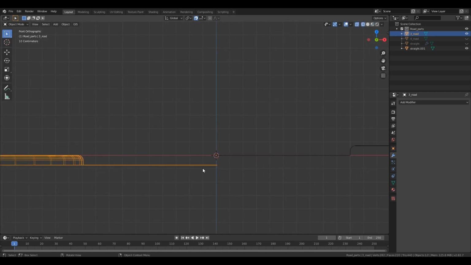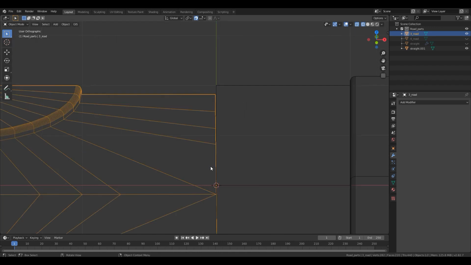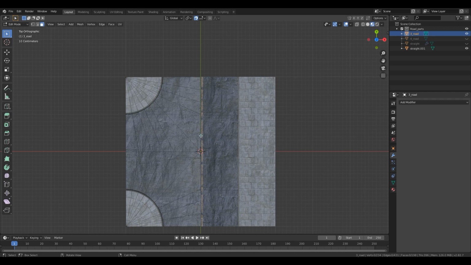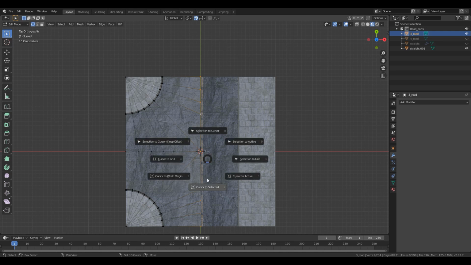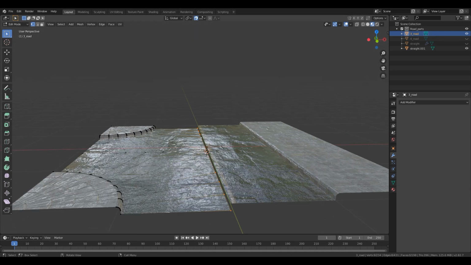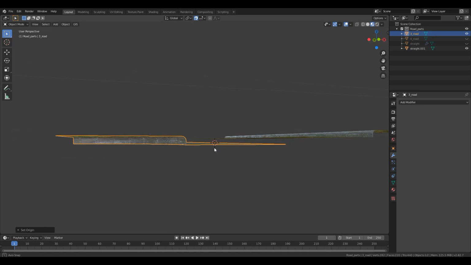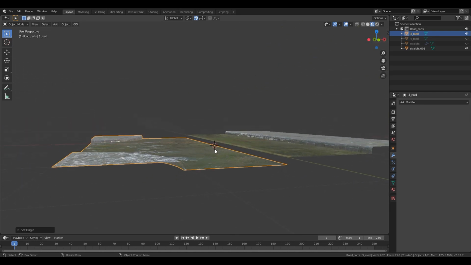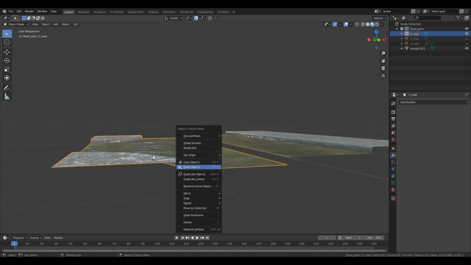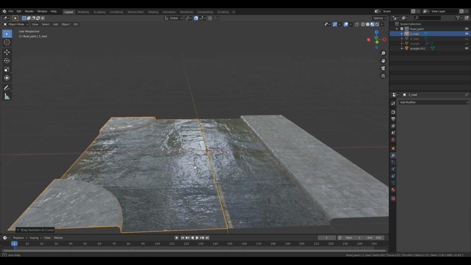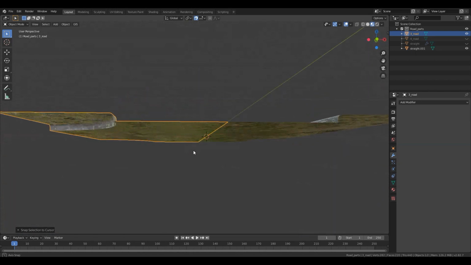We'll go to top view, go back to material view, tab, edit, vertex, double tap to select everything here, Shift and S, cursor to the selected, change the origin to this plane, and now Shift and S, cursor to the world origin, and Shift and S move the selection to the cursor. So now it's not at the correct